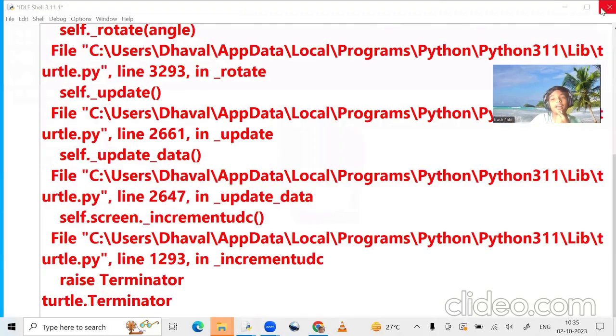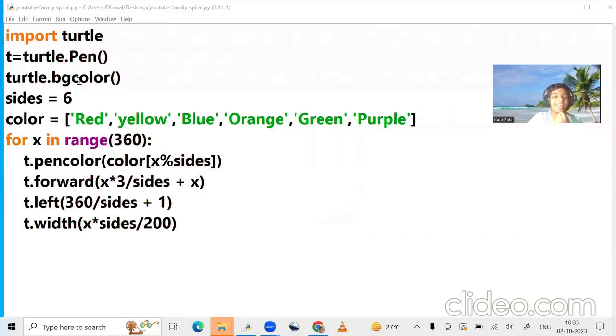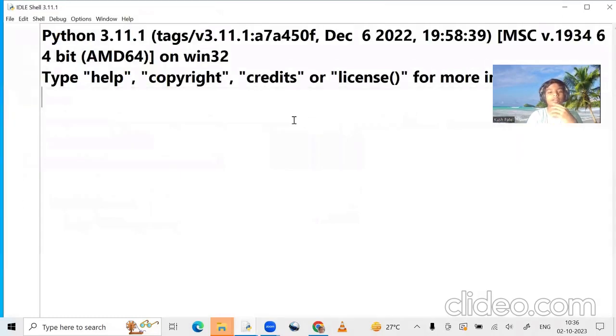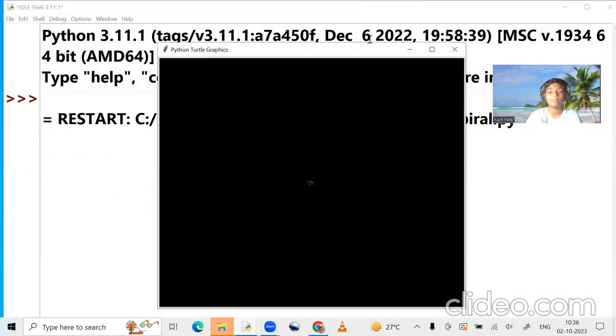Now we will think, and you may scold me in the chat box like that: you have used BG color but it has not appeared. But I have told you that for the BG color, we need to give a value in its parentheses. So we do this and we will write black. Now we would run, means we would save and run. Now you can see the black color is appearing here. Okay, so with a black color, this looks very cool,